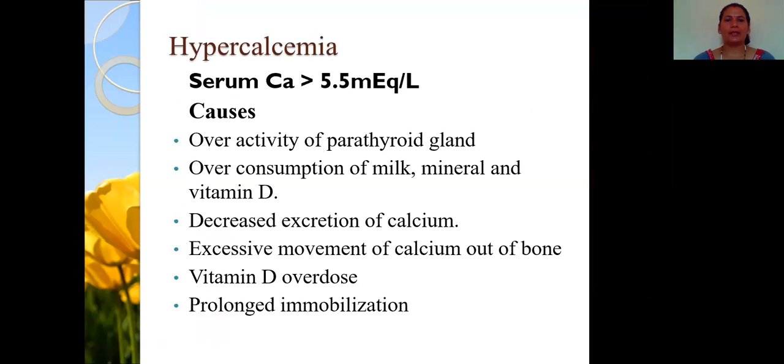Now we come to the next condition, that is hypercalcemia. When the serum calcium level is more than 5.5 mEq per liter, the condition is hypercalcemia. Here are some of the causes of hypercalcemia: overactivity of the parathyroid gland, overconsumption of milk, minerals, and vitamin D, decreased excretion of calcium, excessive movement of calcium out of the bones, vitamin D overdose, and prolonged